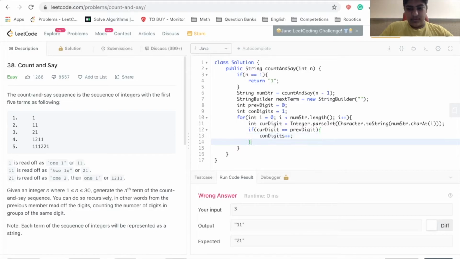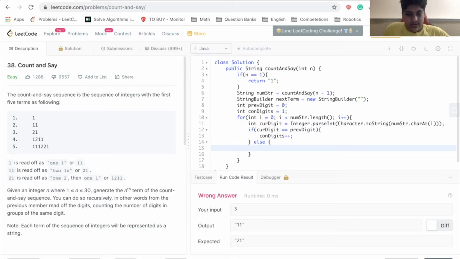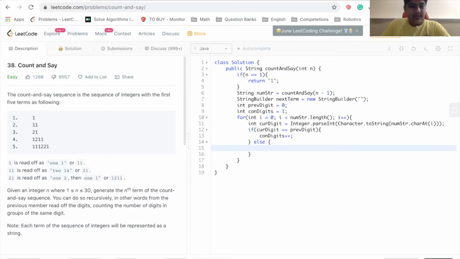Else, now what do we do? We have the previous digit and we have the number of times that occurred, right? Well, for this, we're going to need to add first the count of the previous digit, and second, the value of the previous digit. So, if cur digit is not equal to prev digit, then